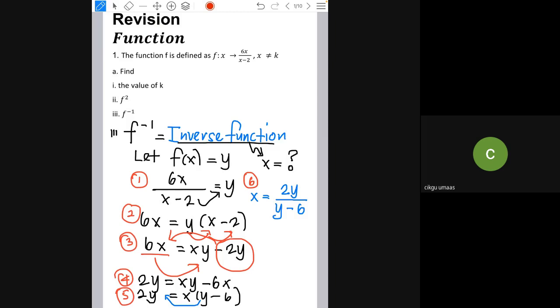So I cannot just leave the answer this way. It's wrong. This is not how you write the inverse function. So how do I rewrite it in the form of an inverse function? The x will be converted to become inverse, and the y there will change to become x. And again, there is an x at the bottom right,